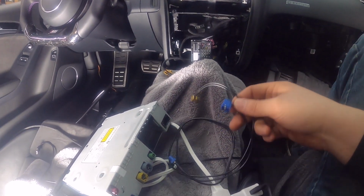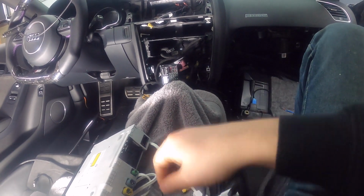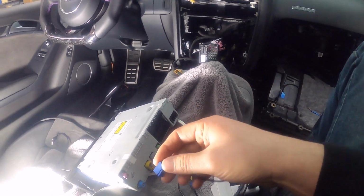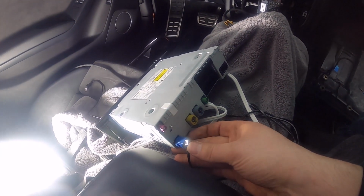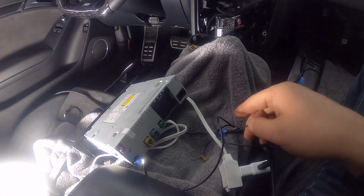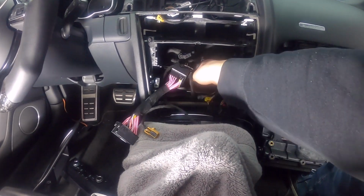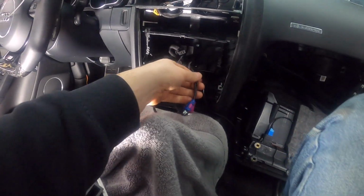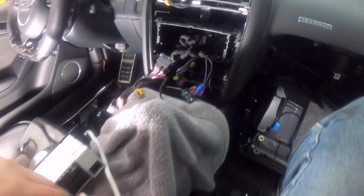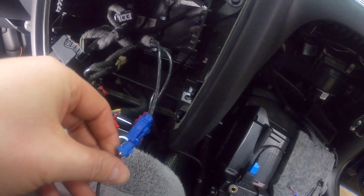So if you decide to use the stock GPS antenna, you're going to take this cable, and you're going to take the square end of it and plug it into the blue, into the stock radio. And then you're going to take the other one right here, and find the cable wherever it is in here. Okay, so you're going to take the blue connector from the car, and plug it in to this side. So you'll take this, plug it in there,